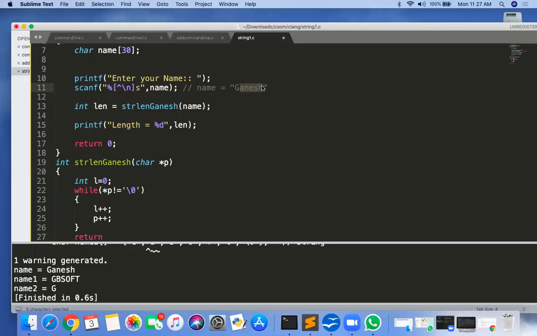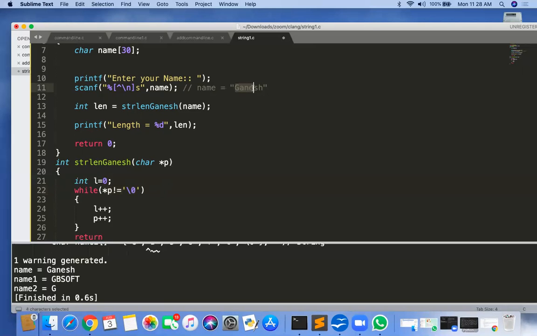After H, you are incrementing p, p is pointing to \0, so the condition becomes false. When the condition becomes false, it will go outside of the loop, and at that time, what is the value of L? 1, 2, 3, 4, 5, 6. So we have to return L here.